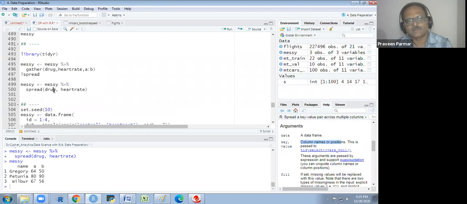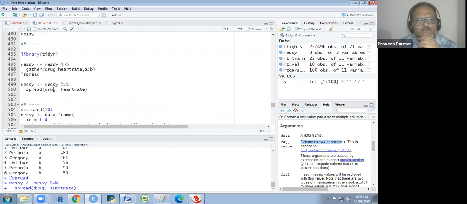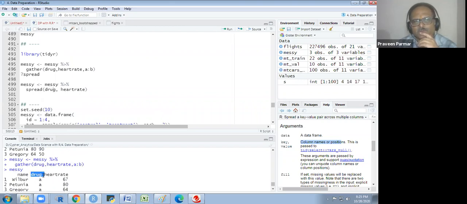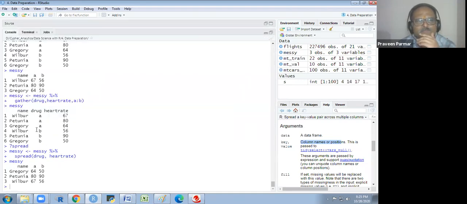So it is the drug. Drug is what? Drug we have this column. This we want to spread, A and B. I want to spread this thing. Got it? Any doubt? I will show you. I have this drug, I want to spread A and B in this form. So I will write this drug first and the value which I want to fill here. These are the values. So then I will write the value.